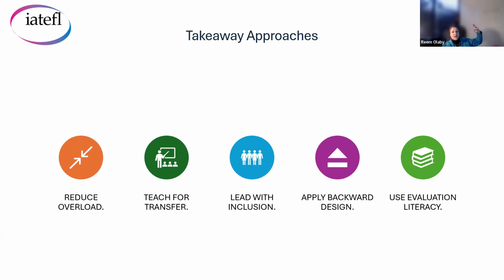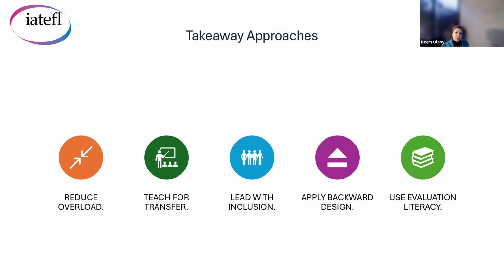The fourth is applying backward design, starting with the outcomes, aligning assessments, and then planning instruction purposely. And the fifth is using evaluation literacy. Because it's very important to interpret the feedback and data and just remind ourselves they're not just numbers, but they're tools to improve curriculum coherence and faculty support. So together, these aren't abstract ideals. They are concrete levers that will definitely help you as education leaders in building inclusive, effective, and sustainable language programs,